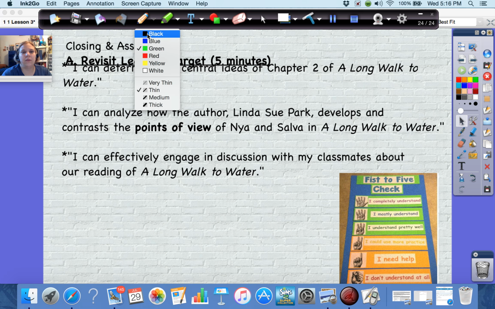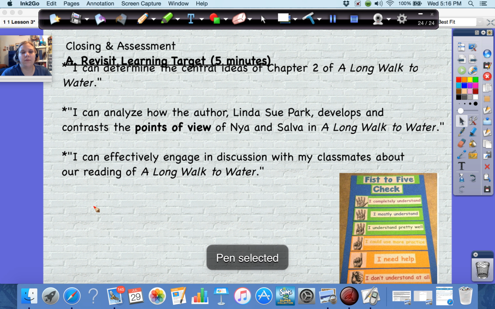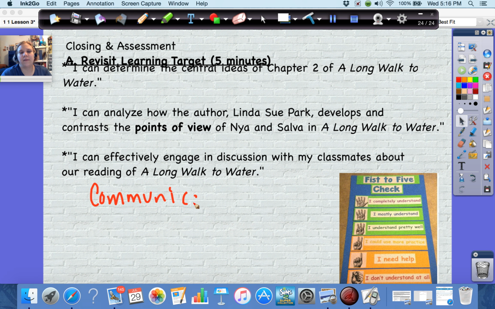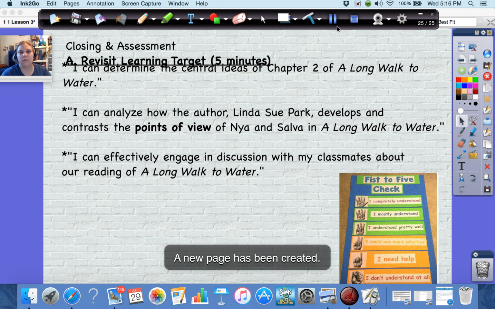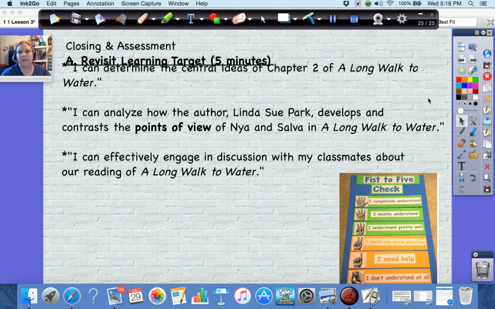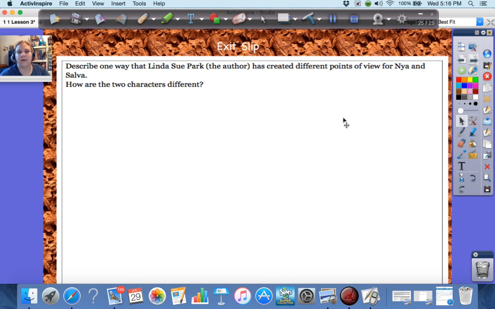So, think about, how did you get along with your partner? Were you able to communicate effectively, or were you arguing? Were you, oh no, off task? Okay. So, how did this go? Because these are important. That's why we see them every day. And we will do the fist of five to check and see. Okay. And again, this is new, so it might take us a while to get all those.